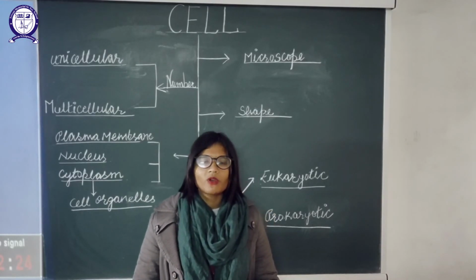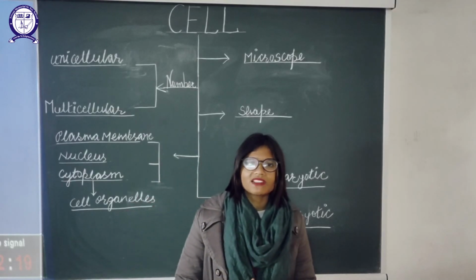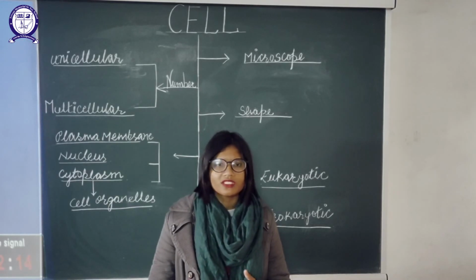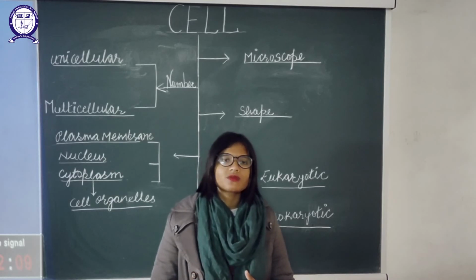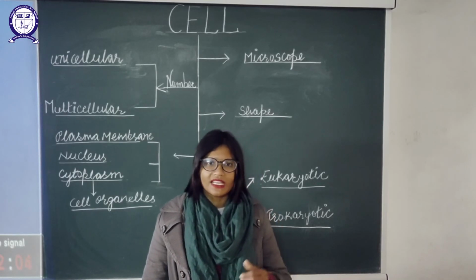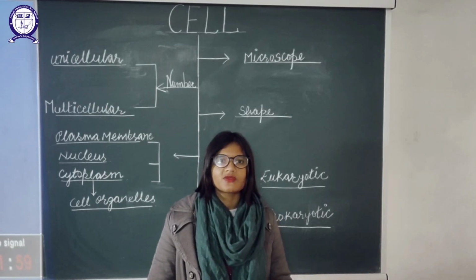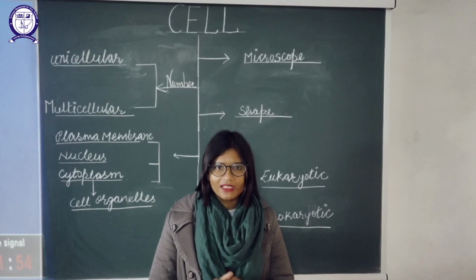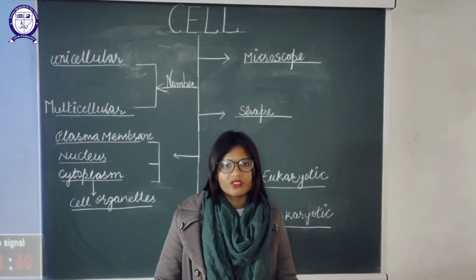Now let us talk about vacuoles. Vacuoles we can basically say are a garbage bag. Since plants are not able to move, they need a bigger bag so that they can carry all the toxins in that bag. So vacuoles are bigger in the case of plant cells and they are smaller in the case of animal cells. Next one is lysosomes. Lysosomes are present in animal cells only. The same purpose which is fulfilled in plants by vacuoles is fulfilled in animal cells. In the case of animals, that is fulfilled by lysosomes, which are also known as suicidal bags, because they carry all the toxic material of the cell.